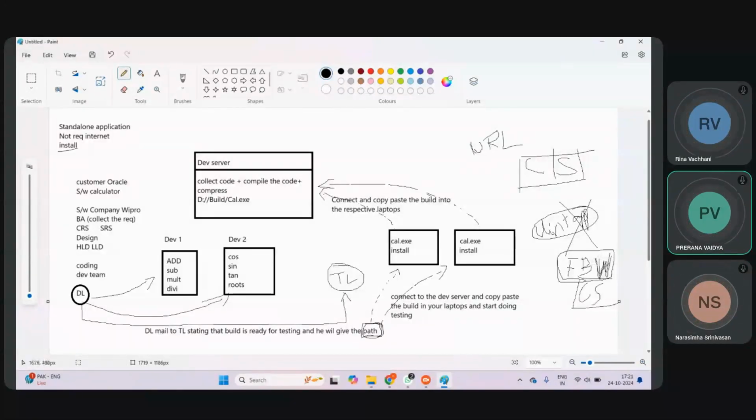That is a web application. Assume you install the Facebook application from the Play Store, that becomes client server. And if you install a calculator from the Play Store, it is still standalone because